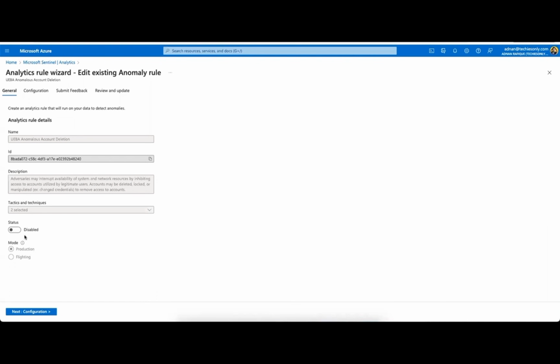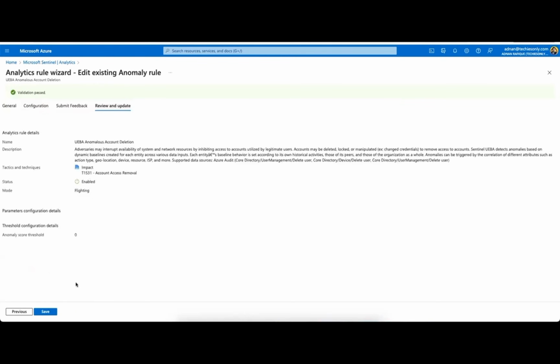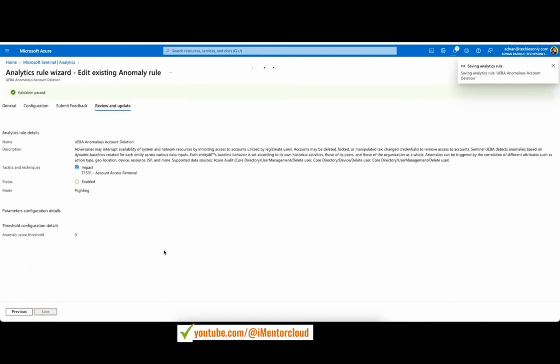Use case here: flight mode. You can set flight mode here, which means it will be in a testing mode, a lab mode, enabled to test anomalies. This is what you want to do if you want to start, and it will just detect and not take any action. This is very important. And you can submit feedback. You save it. For example, if I'm going to save it,